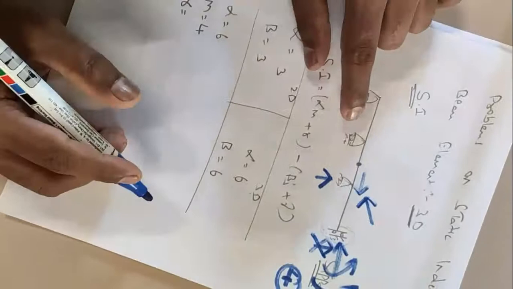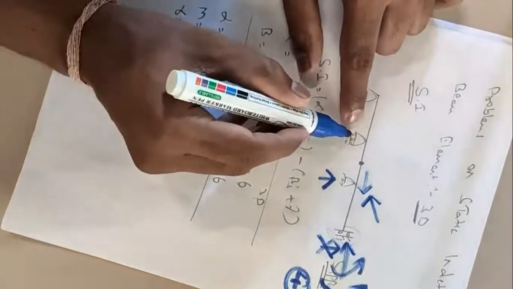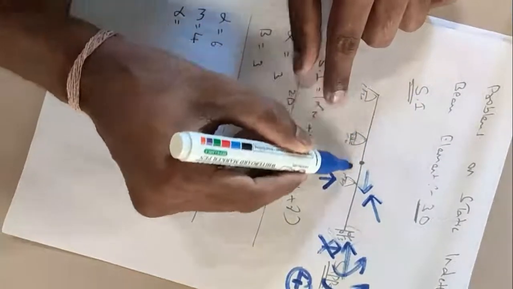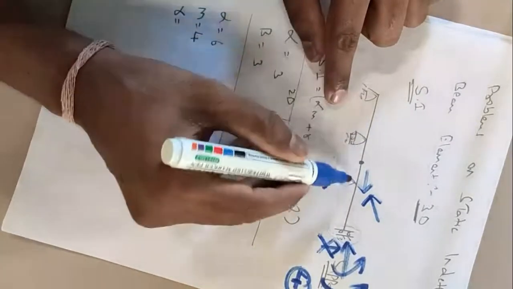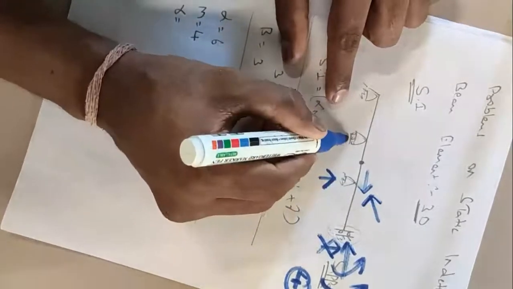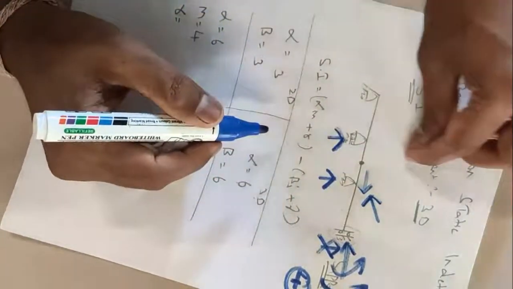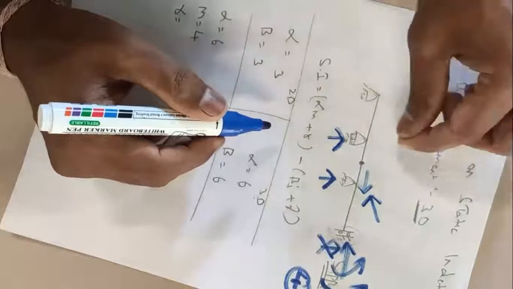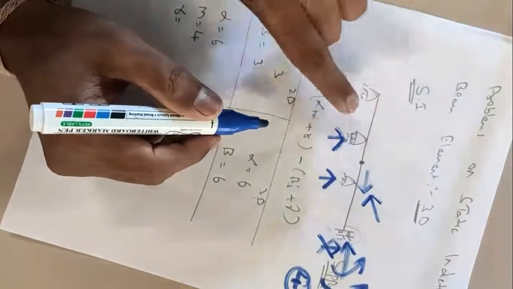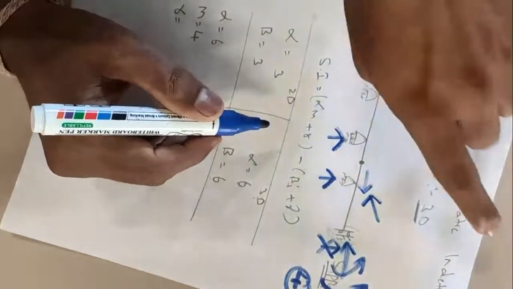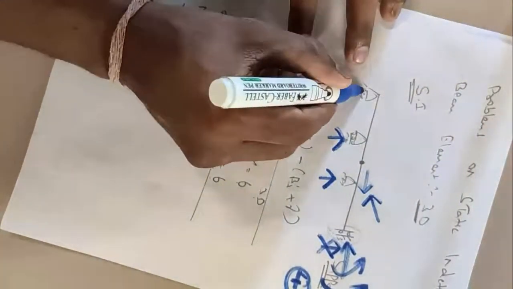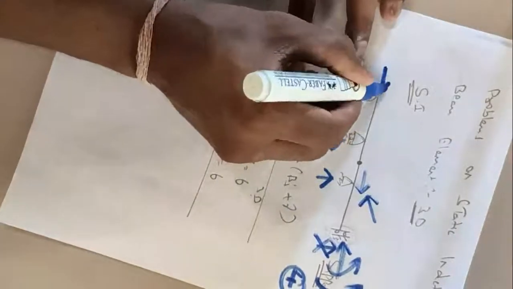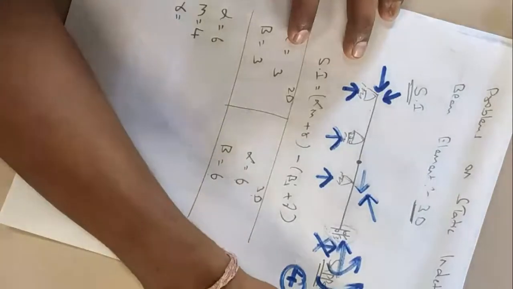So here if you come, here also we will be having our hinge with a roller. So if you see, with this axis it is going to move. So in this axis, if you consider your x axis, there will be no reaction. But if you consider your y axis, you can't pull it up, yes or no? So it is going to restrain. So we have this axis. But in the z axis, you are unable to consider, we should not consider there. So here, even if you take your support, we'll be having three: x axis we have, y axis we have, and even z axis we have.